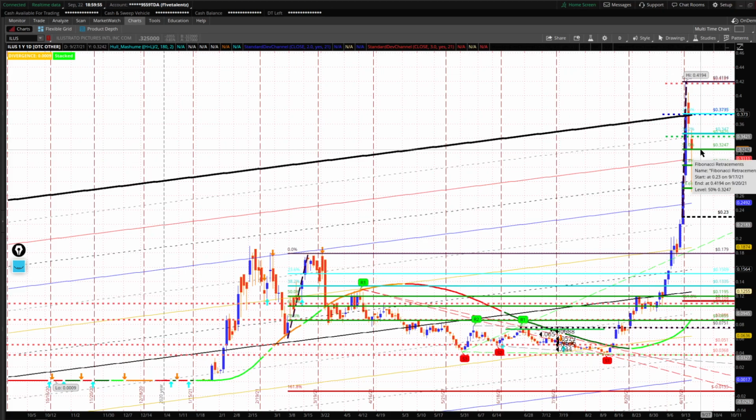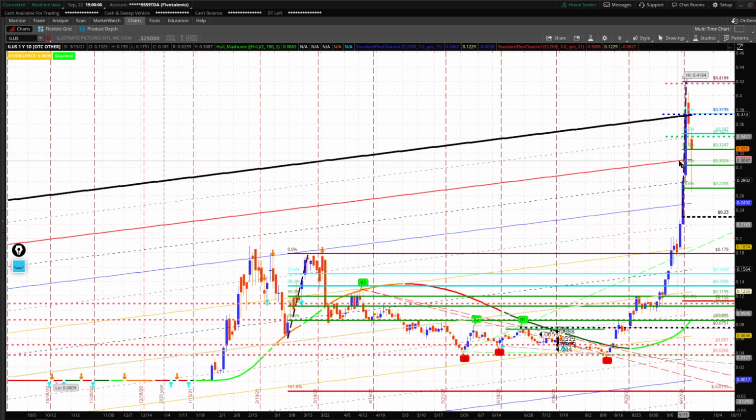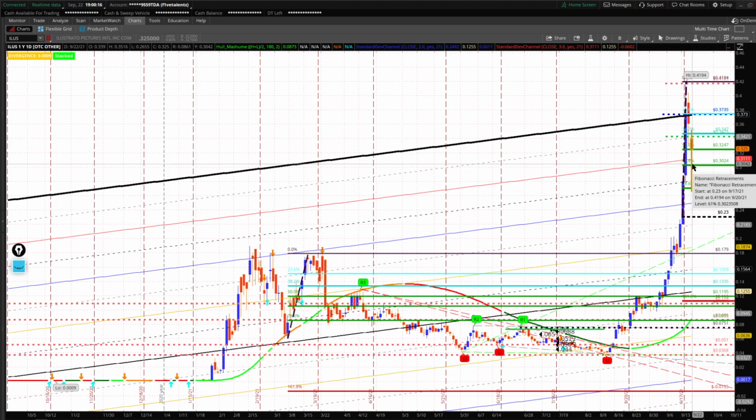breaks the 0.3274 area and works its way down here, you might maybe set a stop loss if you want to on the red line here, which would be 0.312. And if it breaks 0.3024, then we might be looking at a good retracement down to the 0.25 level,